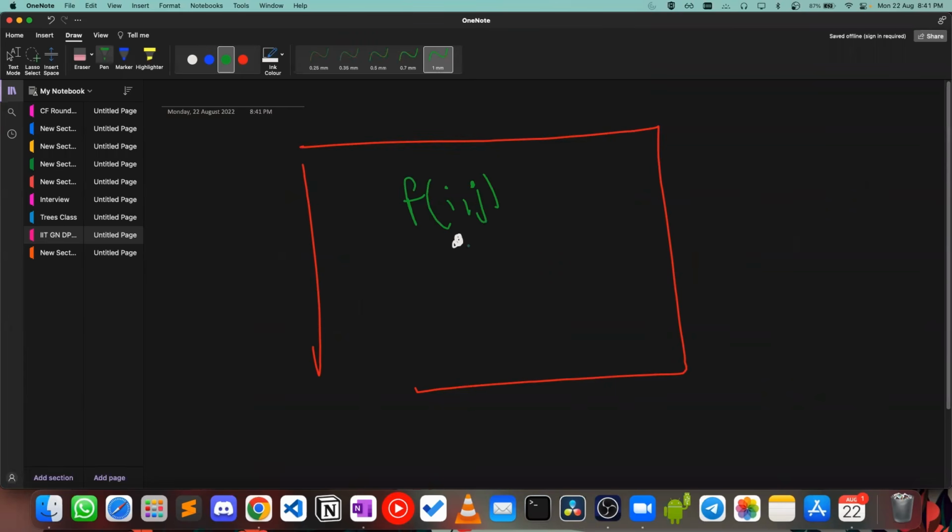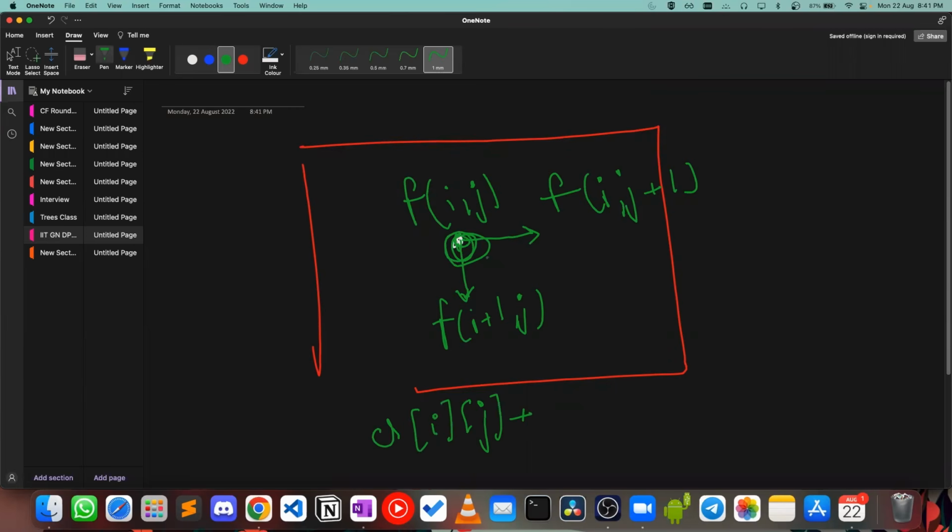What you can do is, obviously this is a recursive function. So first of all, you can call another function here, which will be what? F of i comma j plus 1. And another function you can call here, which would be what? F of i plus 1 comma j. Right? These are the only two choices you have. So f of ij will be what? First of all, you'll add this value. What is this value? This value could be something like a of ij. You will add a of ij plus